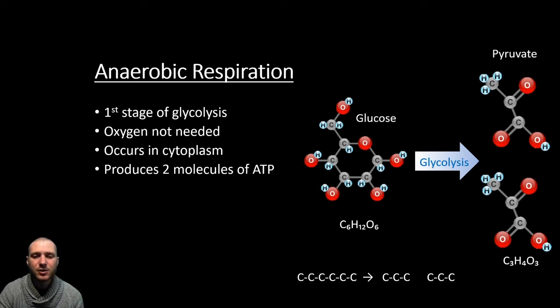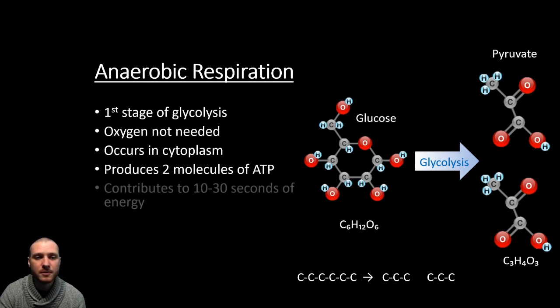But because there's no oxygen, the resulting amount of ATP is very diminished compared to the aerobic respiration. So we're only going to produce a net total of 2 molecules of ATP. So it's not going to be able to sustain energy for a very long time, just for short bursts. So you can say it contributes to about 10 to 30 seconds of energy. Some sources say up to 60 seconds, but the key idea is it's not going to sustain energy for a